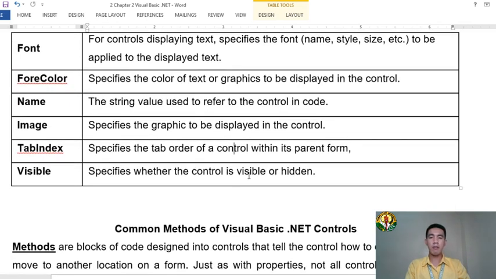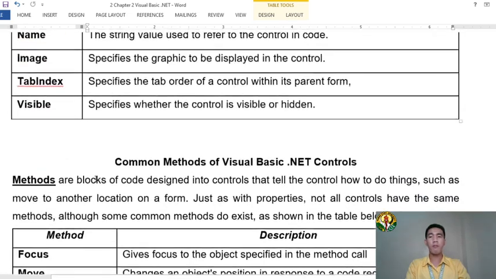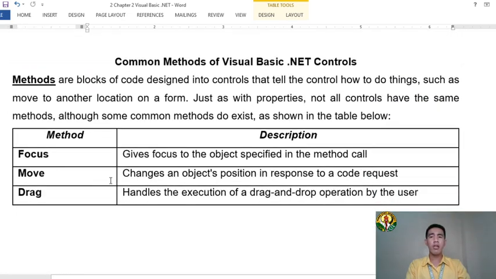Ito, halimbawa, kasi may mga ibang application na gumagamit nila ng tab, and then next na. Okay? Visible, kung makikita pa o hindi. It's either true or false. Those are the properties of an object, or common properties. We have here naman the common methods. Yung sinabi ko kanina,